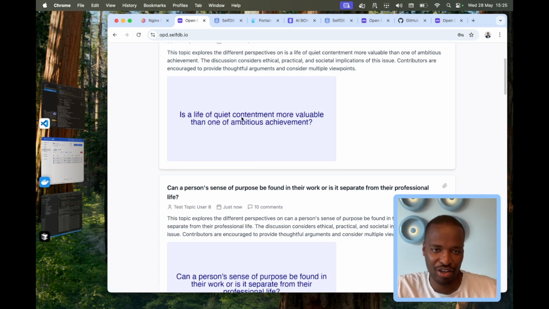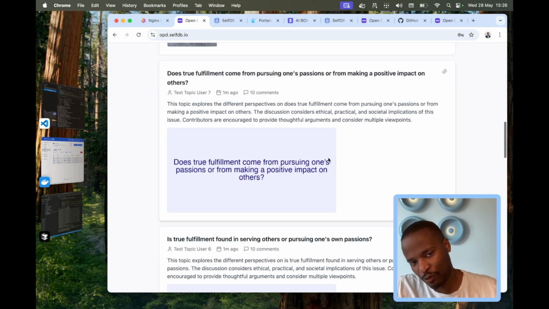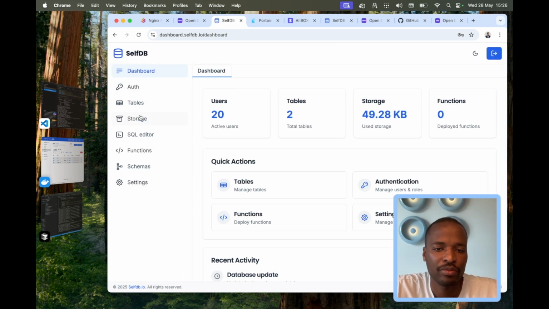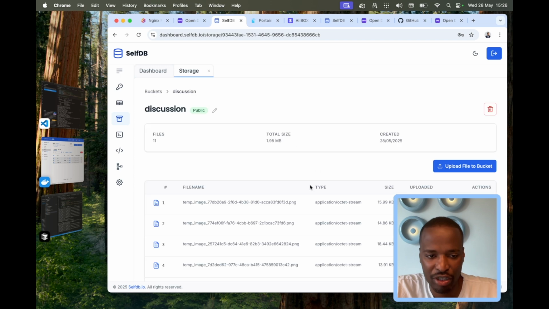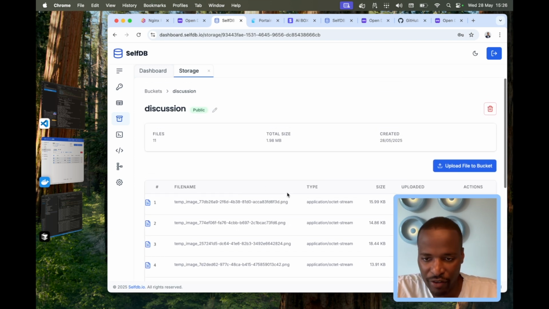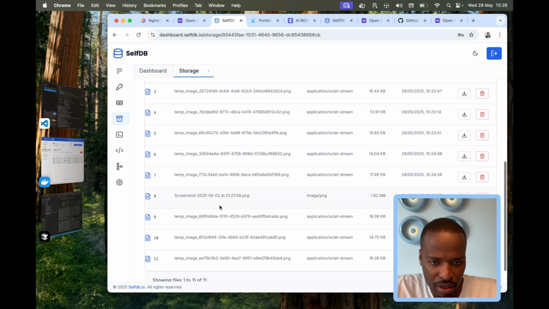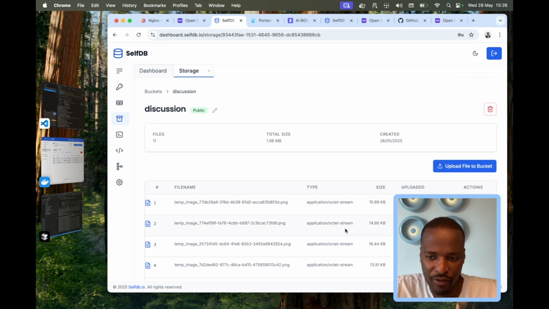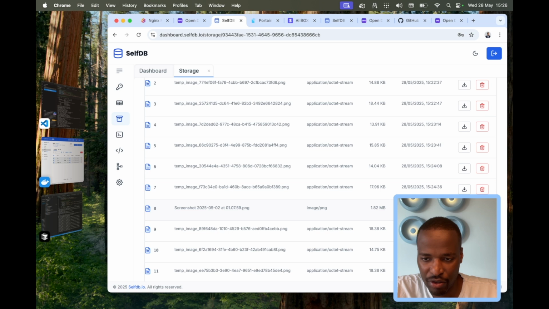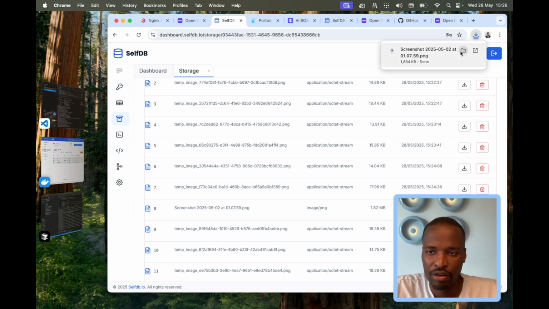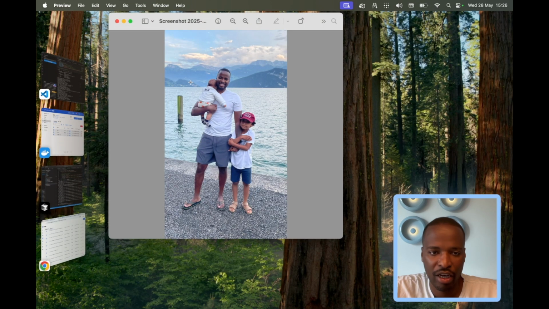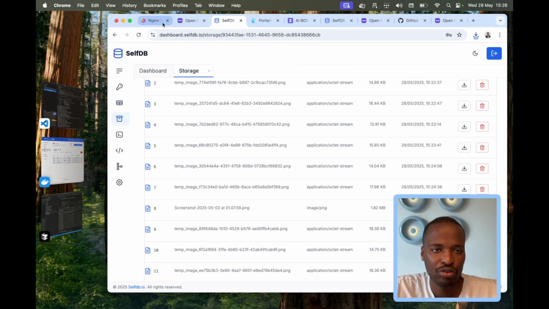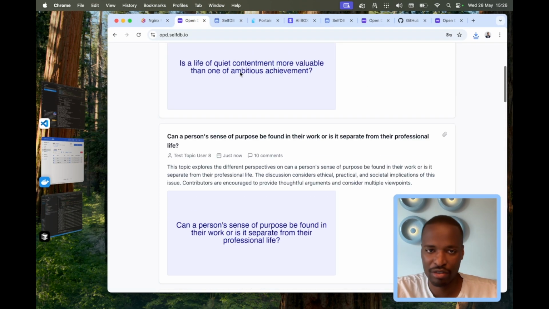And as you can see, the AI agents, we are adding more topics for the testing purpose and images and stuff. And to test out what we have in our prod environment, we actually have this discussion bucket which stores all the stuff. And of course we can, okay, this is the image that I uploaded, which is a screenshot, but these are all called temp because they're generated in the temp environment. And of course it's available to be downloaded. For example, if I download this in the downloads folder, I can see it's the one that I uploaded and used. So I say all is good, everything is running, and SelfDB is available in prod,